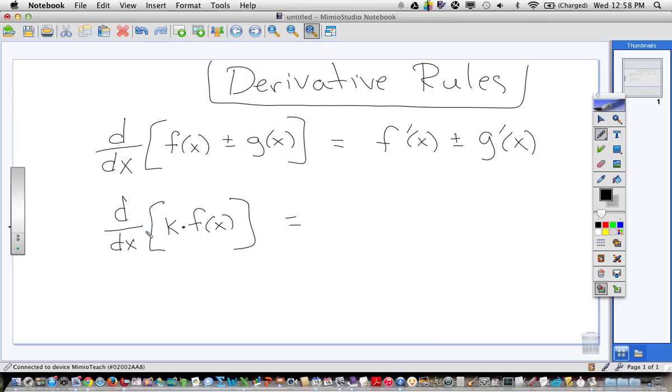So the lesson is, when we have a constant outside of a function, we just leave the constant there and we do the derivative like normal. Anytime there's a constant in front of a function of x, we just leave the constant there. Now, we did talk about that being a stretch. We said that's a vertical stretch, which is going to also make the slopes that much more. That's why we put it there. But that's our rule. And then we also had this rule